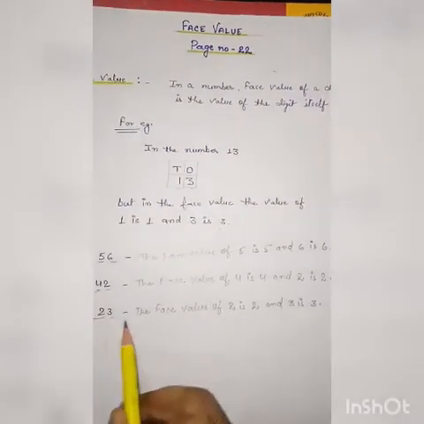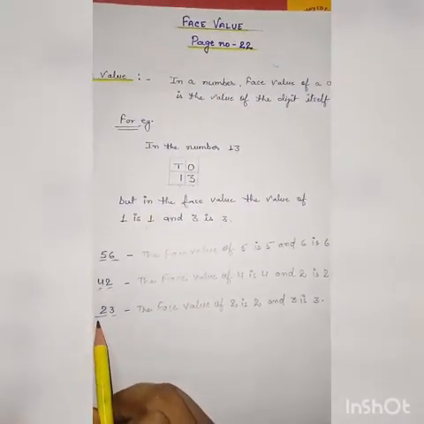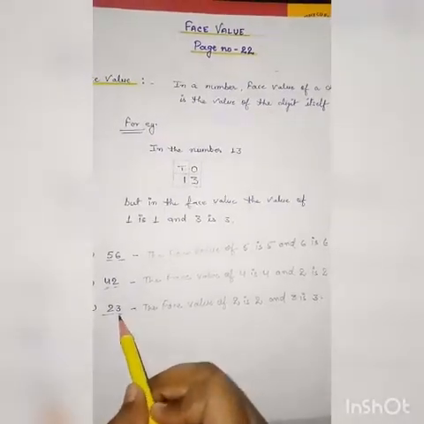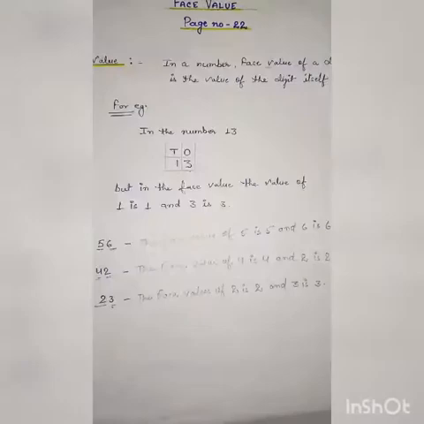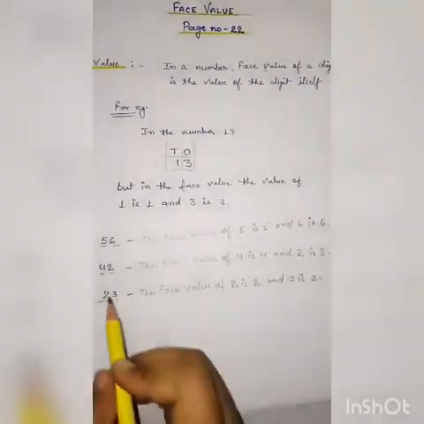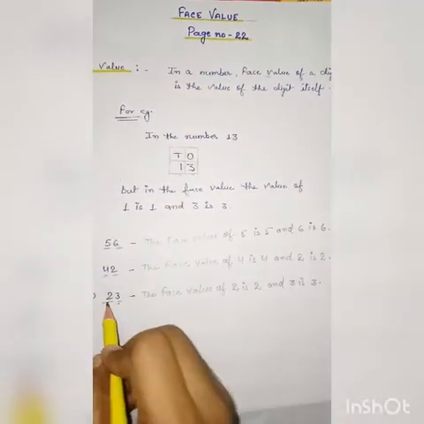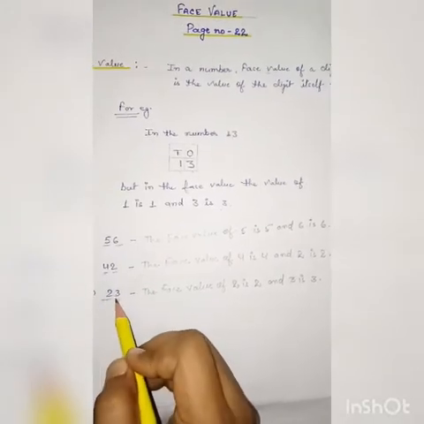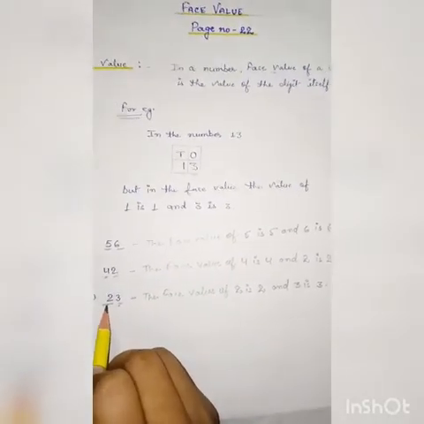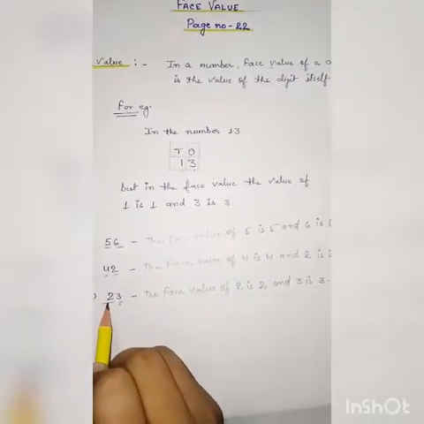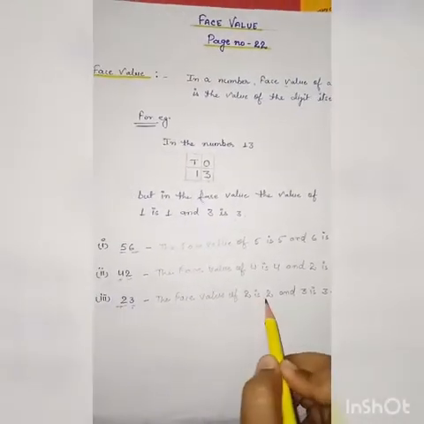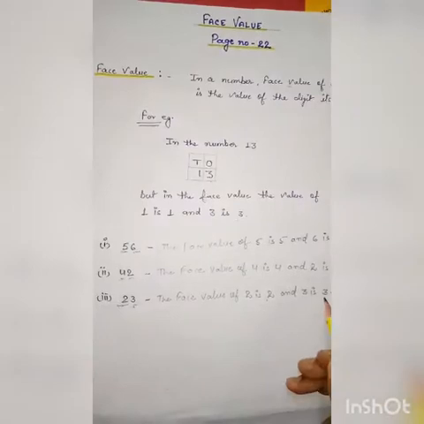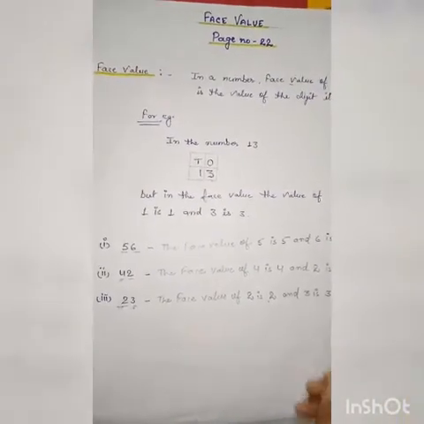So in the face value, whatever place the number is placed, it is unchangeable. मतलब कि एक नंबर में कोई भी डिजिट, चाहे वो 1's प्लेस पे हो चाहे वो 10's प्लेस पे हो, उसका वैल्यू चेंज नहीं होगा. अगर वो 2 है तो उसका वैल्यू 2 ही होगा, अगर वो 3 है तो उसका वैल्यू 3 ही रहेगा इन फेस वैल्यू.